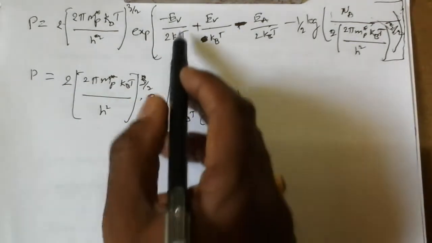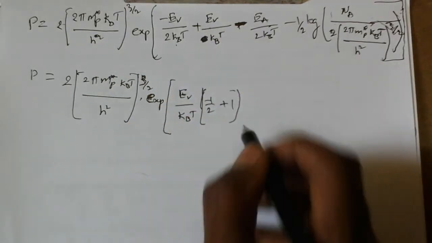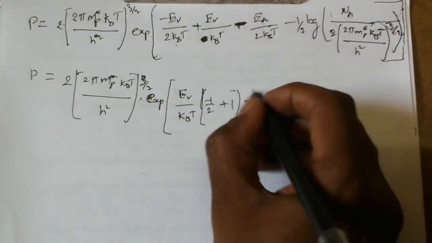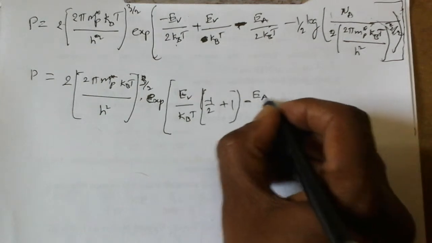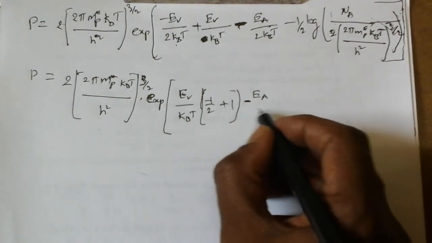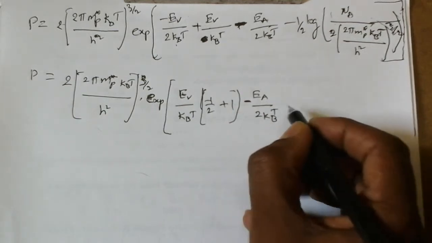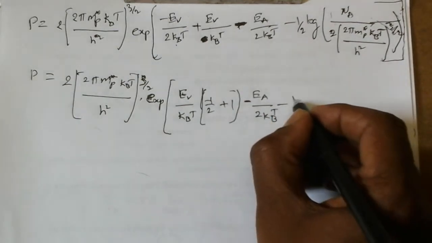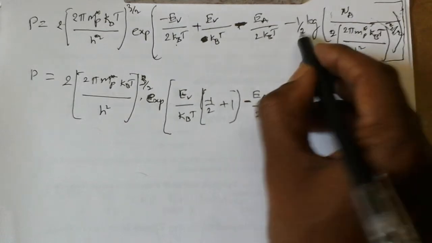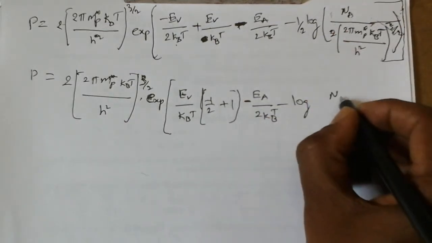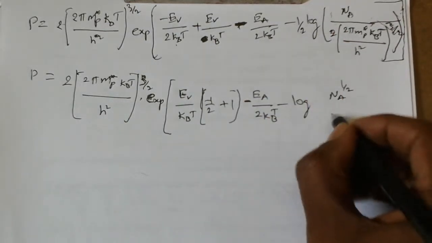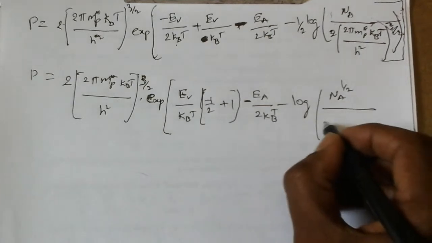Minus 1 by 2 minus 1 by 2, here plus 1 comes, minus E_A by 2 k_B T, minus log of, it goes up, N_A power 1 by 2 by 2